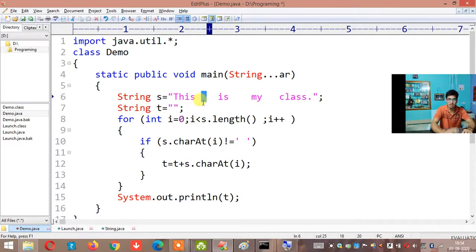I agree that I need a space, one space should be there. Which space do you want to add? If it is not a space, directly add it. But if it is a space, copy only those spaces where the ith character is a space, but the i plus 1th character is not a space.